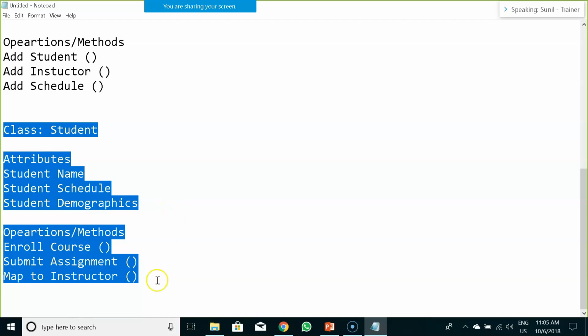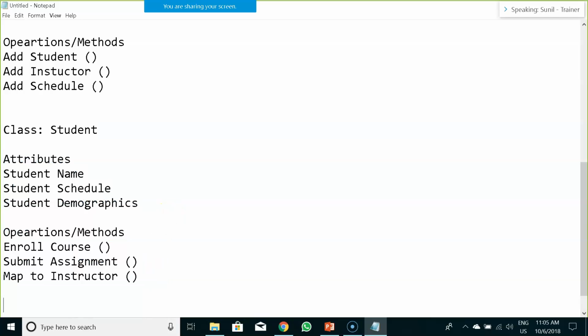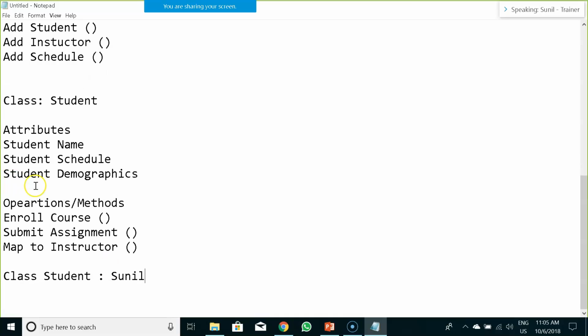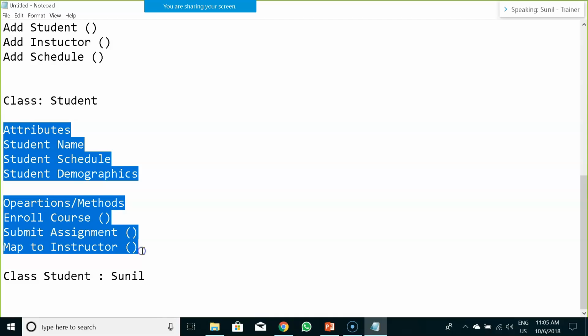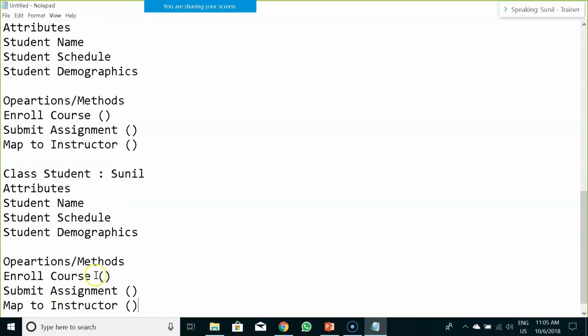Using them is nothing but we create an object. For example, I want to use the student class, so I would be creating an object of the student class. So the object could be anyone. For example, the object could be me myself. I would be creating the student object, that is I am myself, and then I would be writing the other attributes inside that particular object.